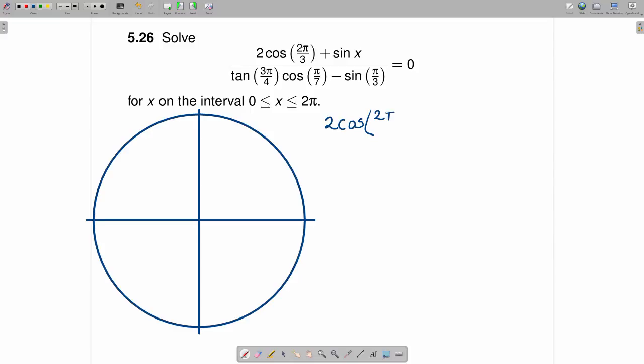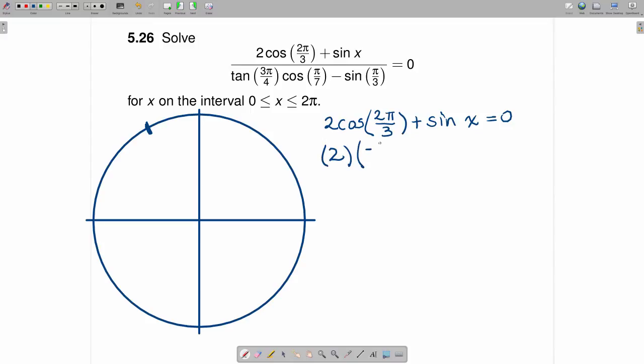2 times the cosine of 2 pi over 3 plus the sine of x is equal to 0. Take a look at 2 pi over 3. That's one of the angles that we know about. 2 pi over 3 is right here. So let's mark that angle, 120 degrees. What is the cosine of 2 pi divided by 3? The cosine is the first component. That is negative 1/2. So we have 2